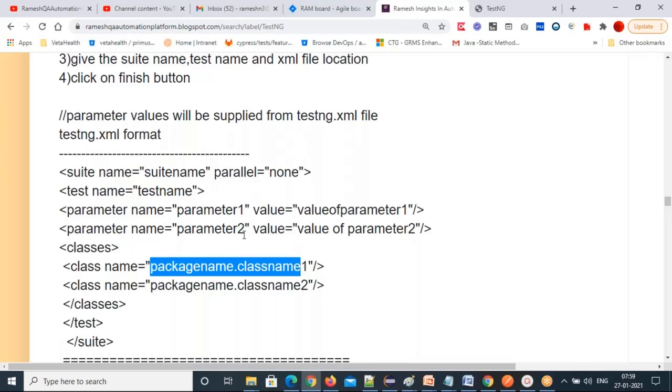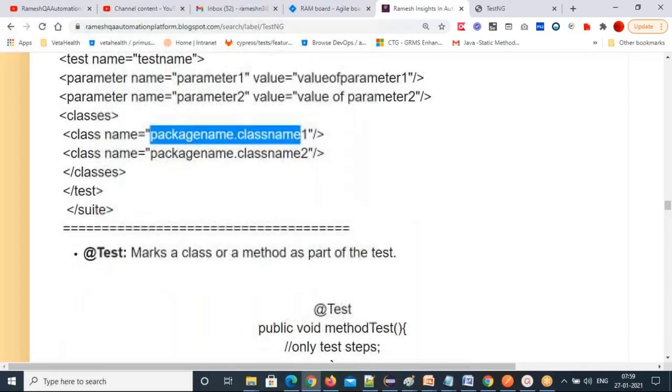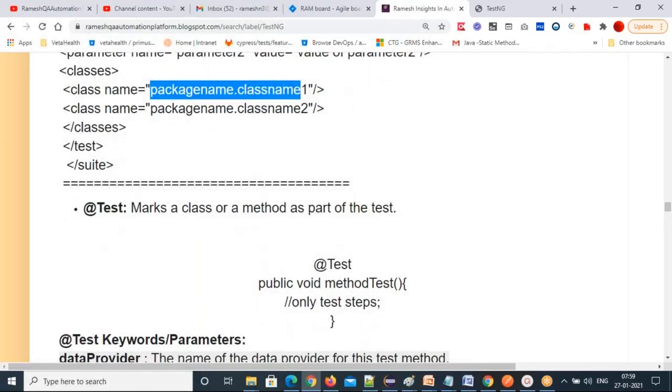So this is another question. How can you read data from the XML suite file? Tell all this: the @Parameters annotation we need to use, then declare the parameters, then create a testng.xml, then declare the parameter tag inside the test tag, after the test tag, one parameter tag for each parameter, and the parameter 1 value you can pass. So this is how to supply data from testng.xml. Right now, if you don't have any questions, I'll move to @Test.